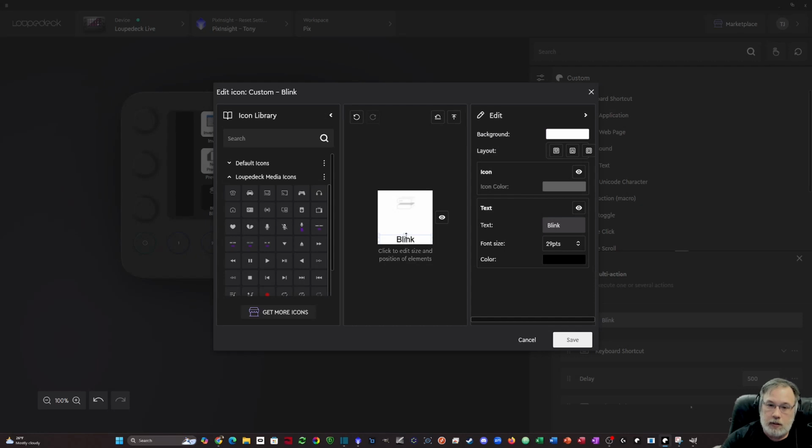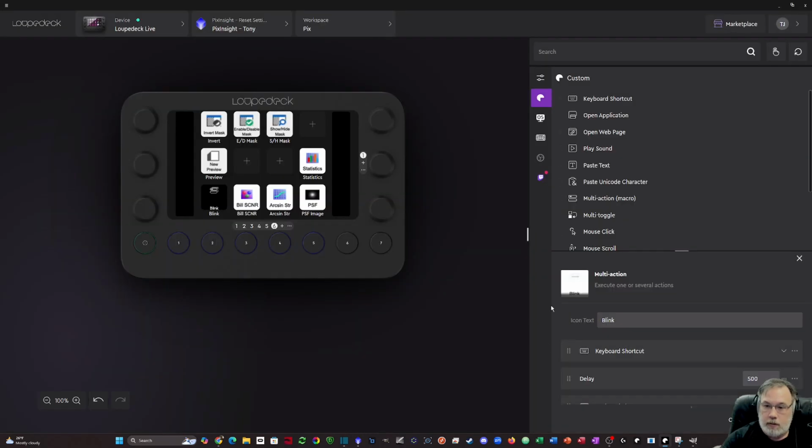I can actually take the text and make it bigger. Just gonna move it up a little bit. Make it bigger with the corner so that it keeps its scale. Put that there. Now for an icon, I'm going to save this for a second. So it's a little bit better. Got the word Blink at the bottom, and if I hit save down at the bottom, you'll see it updated